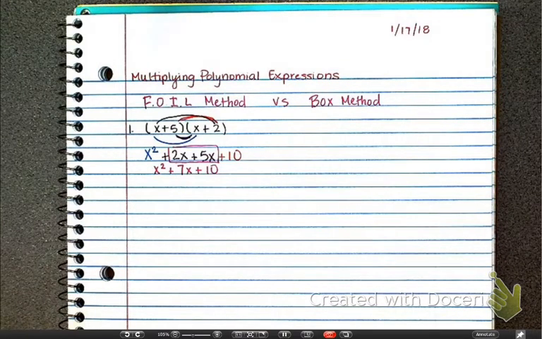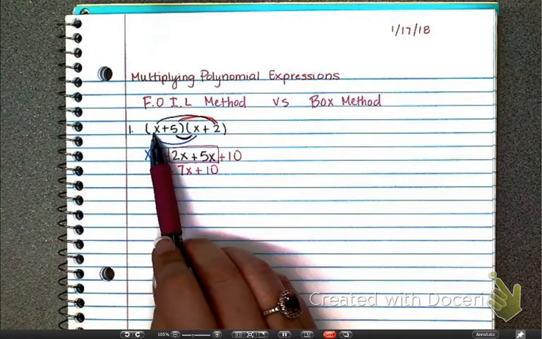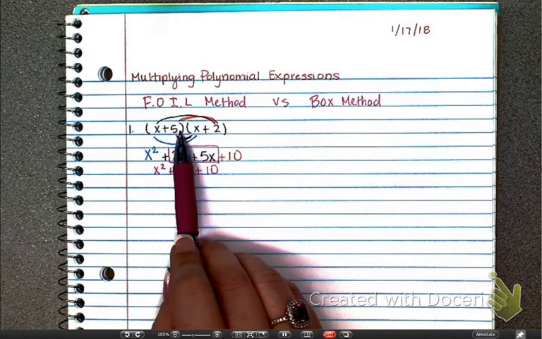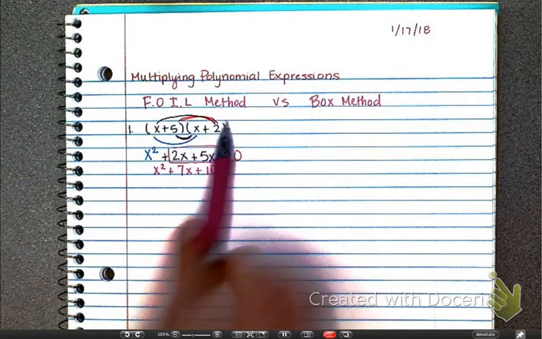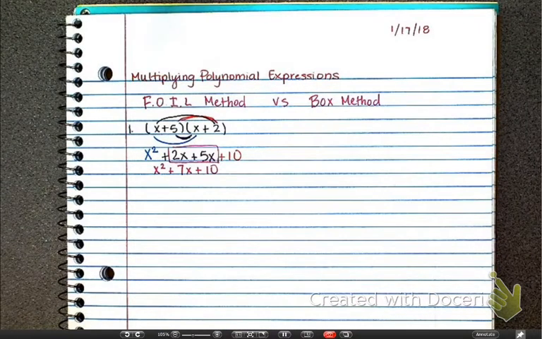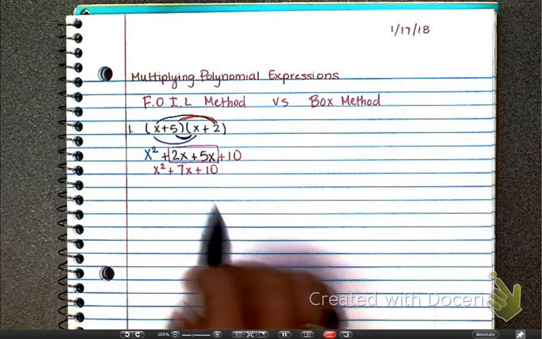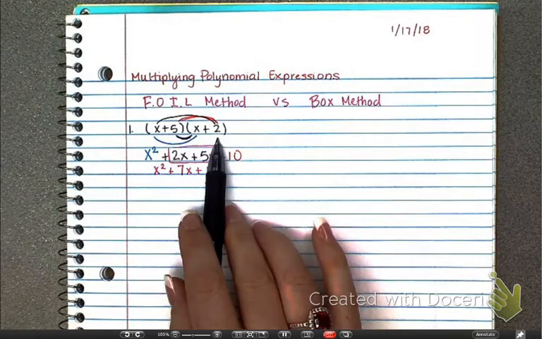Okay, so again, what you're doing is you're distributing twice. So I multiplied this x by both of these terms, and then I multiplied this 5 by both of those terms. Now let me show you the exact same problem with the box method, and I want you to write down the box method so you have both options to look at, and then we can decide which one we like. Okay, because it's a binomial times a binomial, I'm going to create a box